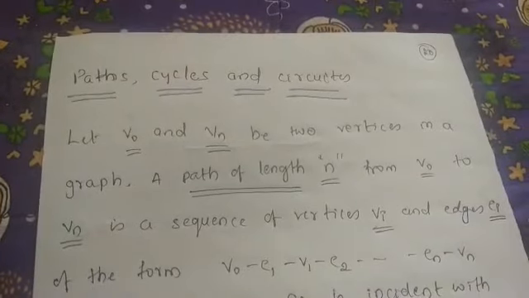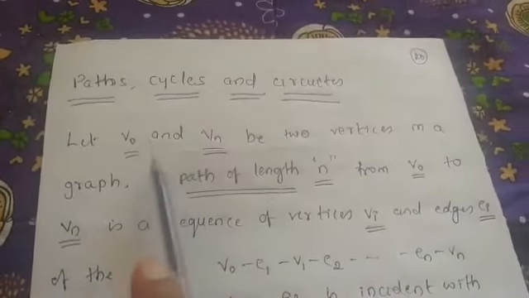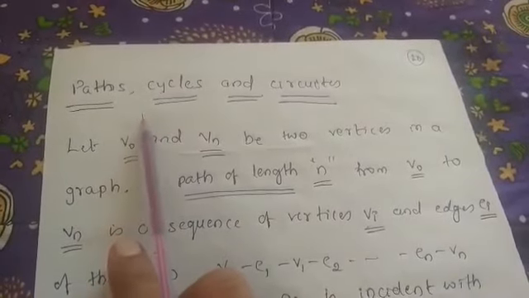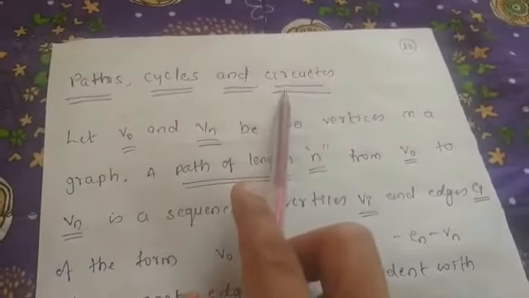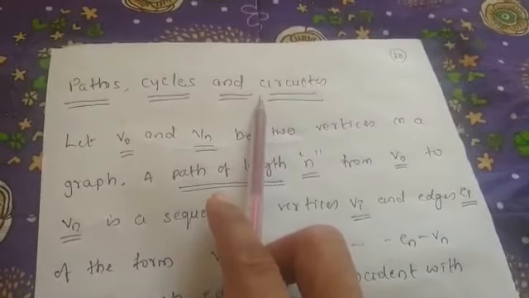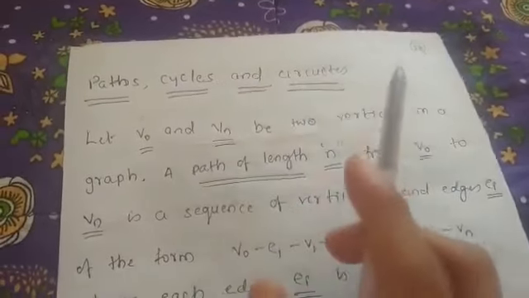Now, we will discuss the theoretical definitions of Eulerian and Hamiltonian graphs in upcoming videos. Before going to Eulerian and Hamiltonian graphs, we discuss the basic definitions required to understand these concepts, for example path, walk, closed walk, circuit, and so on, in the next video. Now, we discuss the basic definitions such as paths, cycles, and circuits. First, I'll explain the theory, and we'll see the examples afterwards.